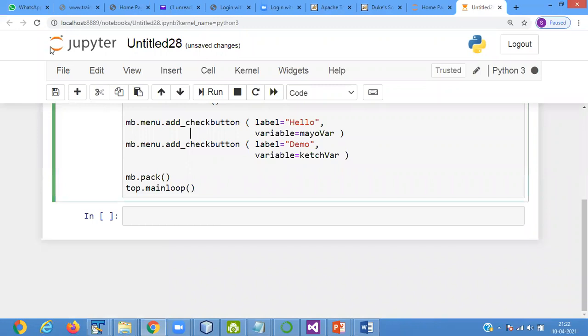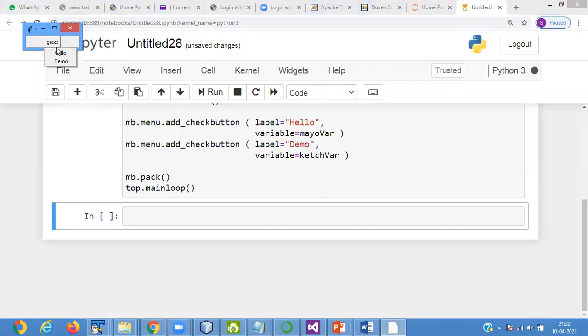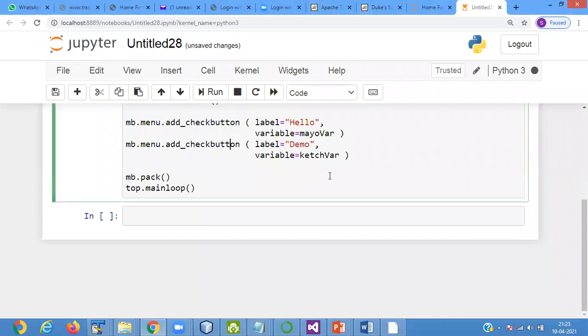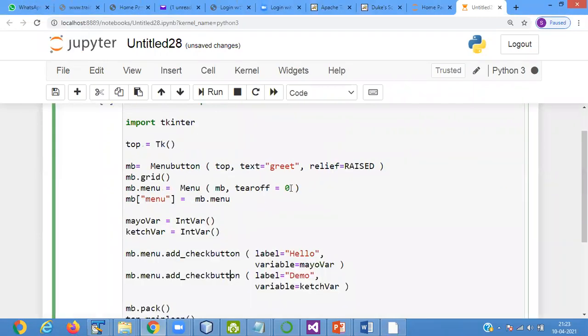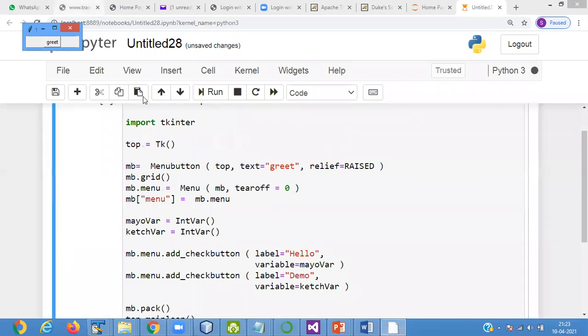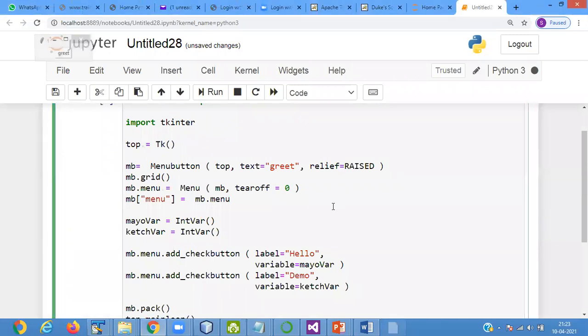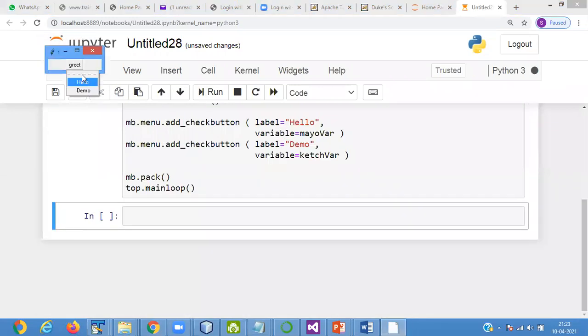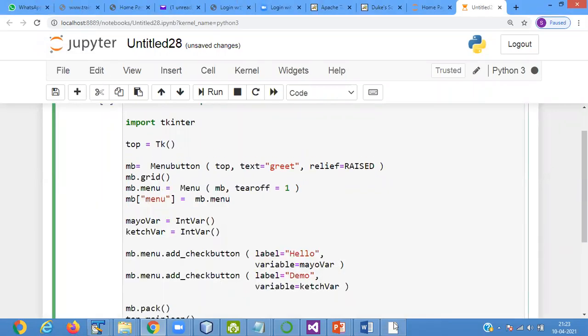Now check. Zero is by default. So if I use 1, see what is happening, it takes another space here. So always you have to use a 0 here.